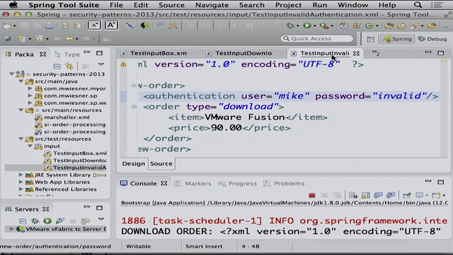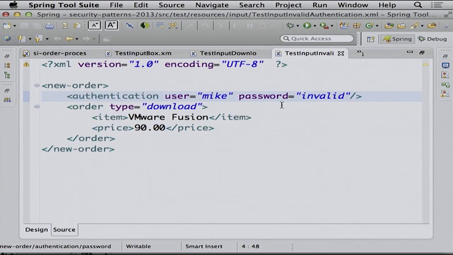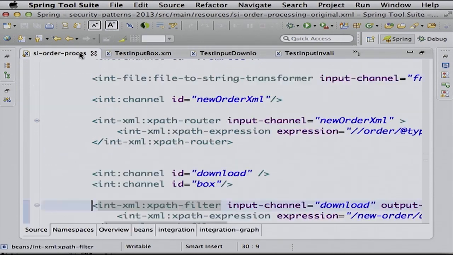And imagine now that the last one, we don't know the real password because we are a hacker. So therefore, we cannot use the real password, but what we could use is we can change the type of the channel to download secured. And then we basically skip the security filter because that XPath router just uses everything he gets as the next channel. And if I have some knowledge about the application, then I might guess that the next channel might be download secured. So that means I skip